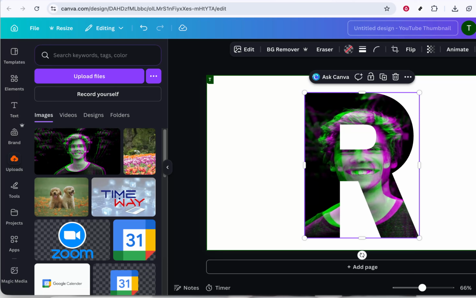When your image appears in the Uploads panel, click on it and simply drag and drop it over the letter frame on your canvas. As you hover over the letter, you'll see the frame highlight. Release your mouse and Canva will automatically place the image inside the shape of the letter. From here, you can double-click the letter to reposition the image inside, scale it, or adjust its focus until the glitch effect looks